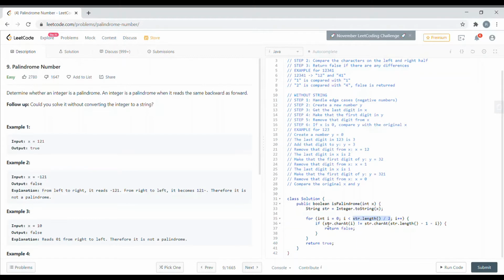Within the for loop, for each iteration, you compare the current character in the first half of that string with the character on the end of the string, moving the end one forward on each iteration. That goes through and compares every character on the first half with every character on the second half, returning false if there are any differences, and if it makes it all the way through the string, it returns true. So if we go ahead and run that,